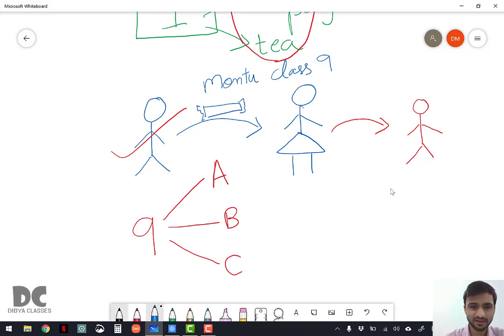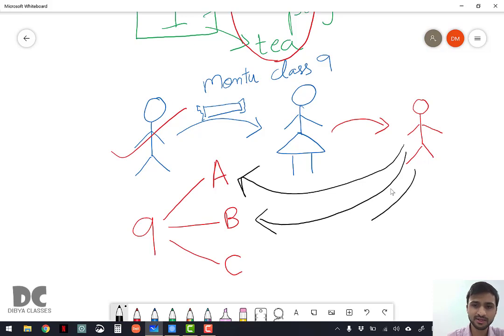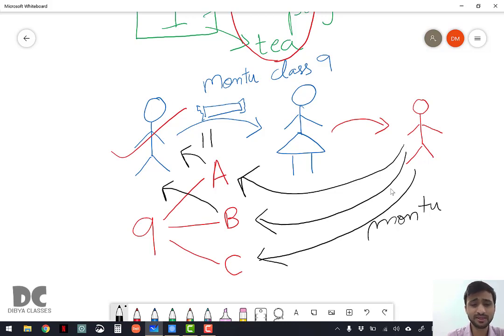So this boy goes to all the sections A, B and C to search for Montu. And the problem was, in section A there were 11 Montus. In section B there are 13 Montus.